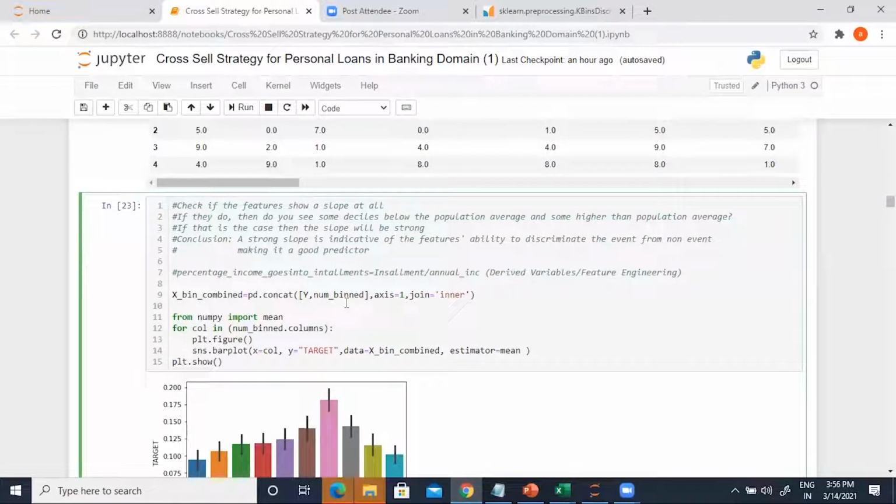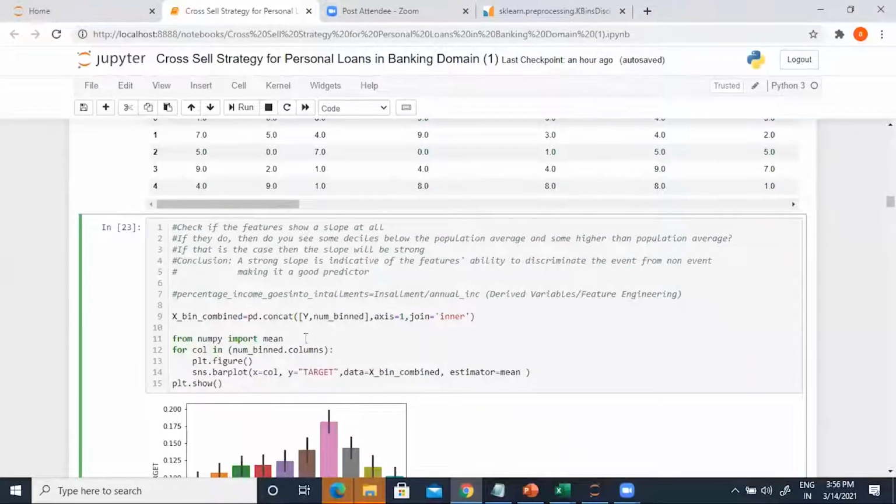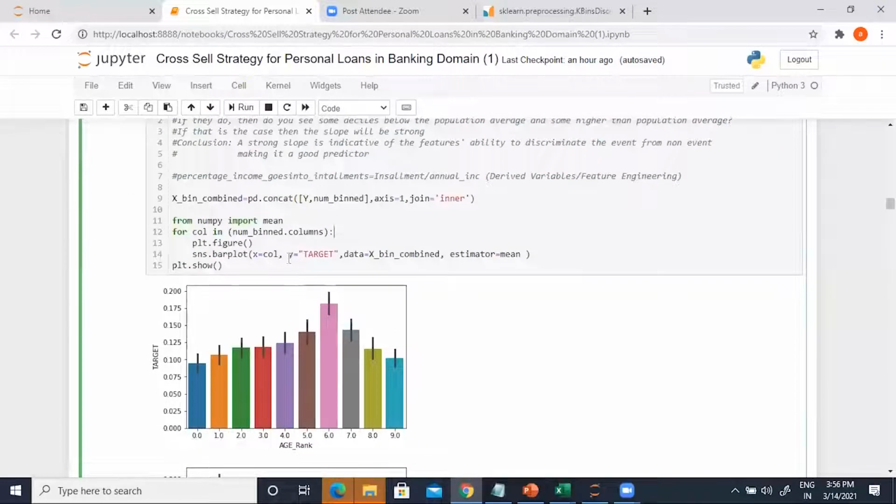So how do we actually do this? First thing to do is getting the Y variable concatenated to the NUM bin data, because it doesn't have the target variable, and I will ultimately take one feature and compare it with Y. Second, I will loop through all the columns one by one, keeping Y as the constant target and iterating over the column variable as X on the X axis, with the data as X bin combined, and I will plot the event rate, which is the average likelihood of response.